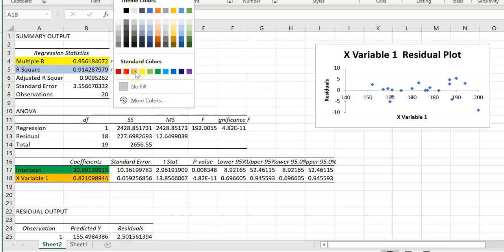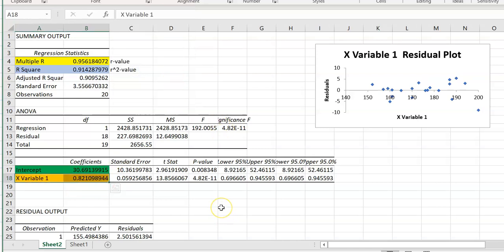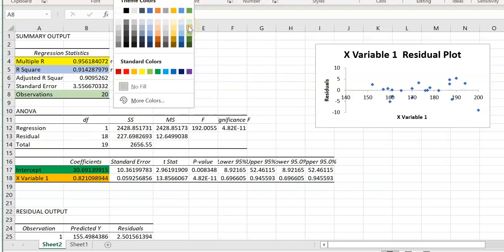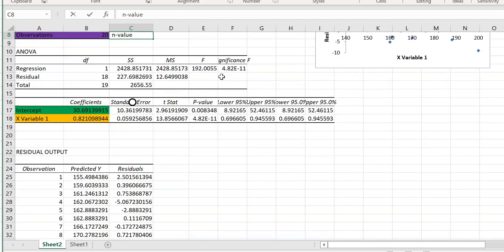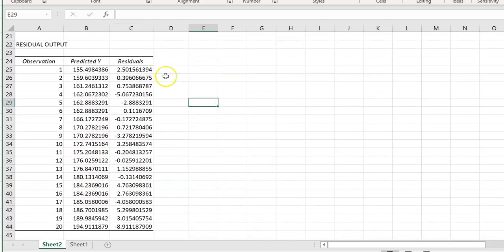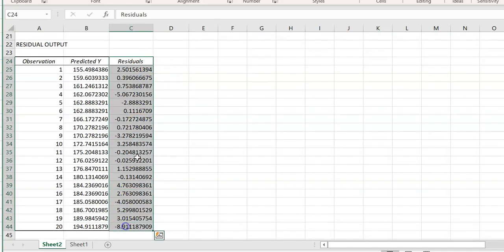And this is our slope value. You'll also notice here that we are correctly assessing 20 bits of data. So that's our N, the number of scores we're assessing. The last part of interest is if we scroll down, this gives us the value of all of our residuals in this column here.